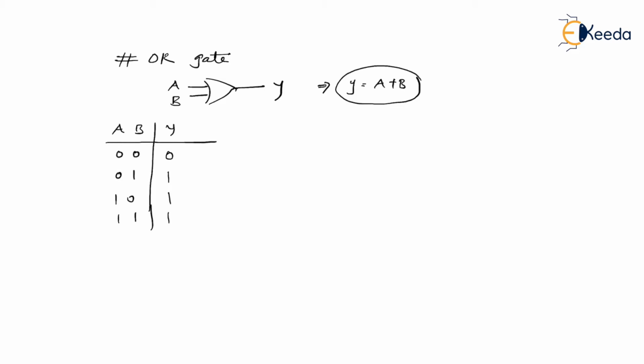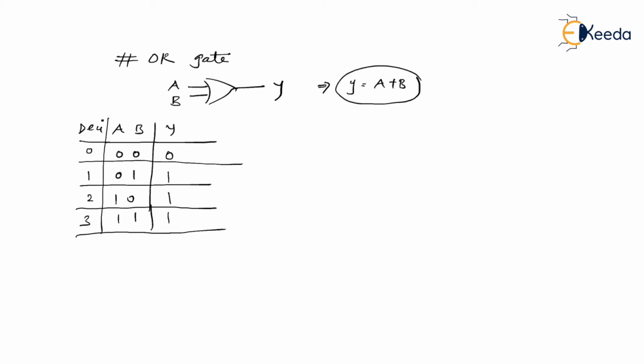Now with this, what I'm actually going to do is express my decimal positions here. So decimal positions are what? 0, 1, 2, 3, isn't it? Now for every decimal position, I'm going to evaluate what the min terms are. For example, for the first combination 0 0, I'm going to consider m0. Please remember, I'm using min terms, so I'm using small letters. How do I know that I have to use decimal position 0? It is looking at this m0. So if you remember, min term is what? It is a combination of inputs in such a way that it results in logic 1.